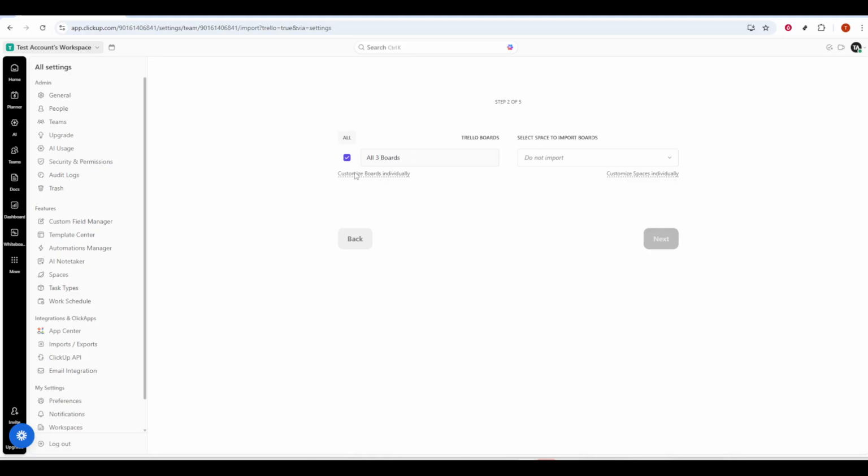Now it's time to map your data. Choose which Trello boards you want to import, and decide whether to bring them into a brand new space or place them inside an existing one. A new space is useful if you want a clean separation, while an existing space can help consolidate related work. Take a moment to review how your boards, tasks, and fields will land in ClickUp so your structure stays intuitive